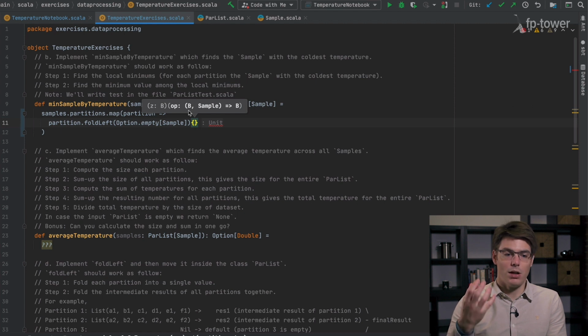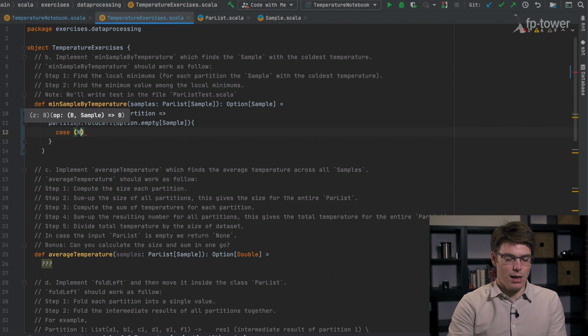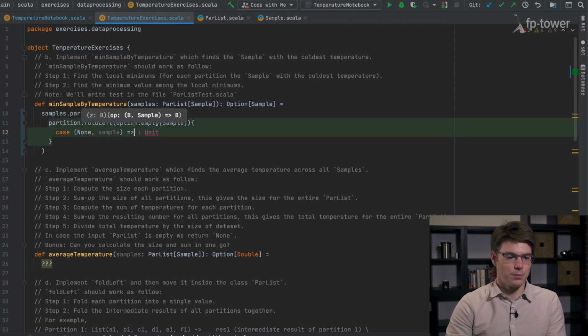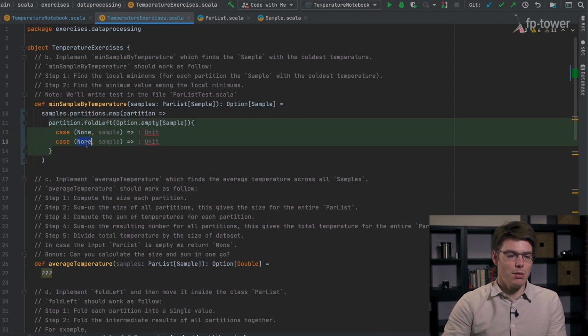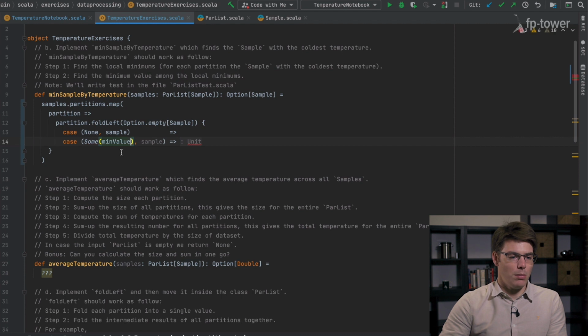And now here we have a function that takes B. B is the state, so it's an option of sample. And sample is the current element inside of the partition. So what we can do here is straight away pattern match on this and say, okay, in case the state is none and we get a sample, this is one option, or there is a minimum value and we processed one sample, or maybe min sample.